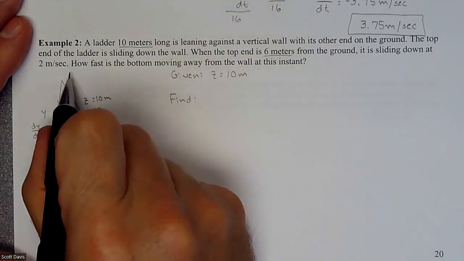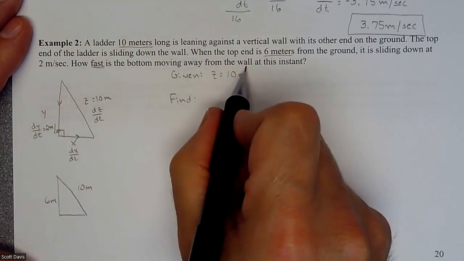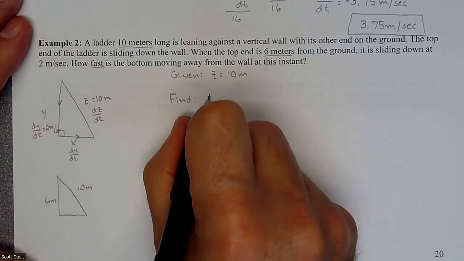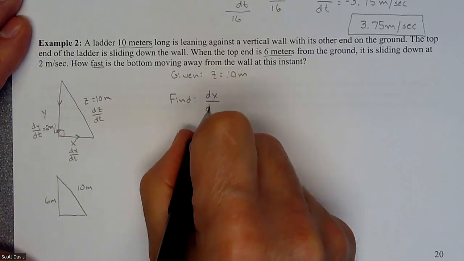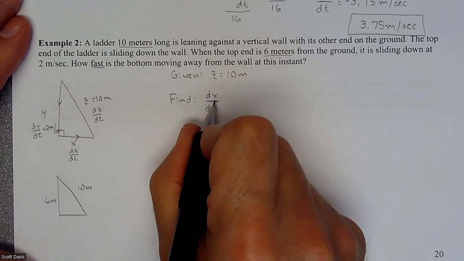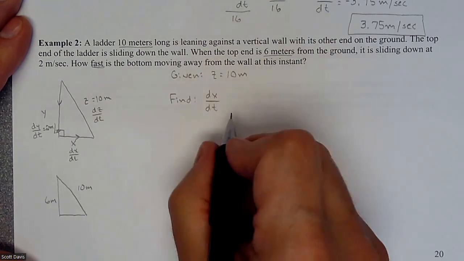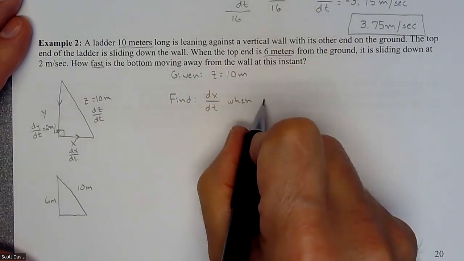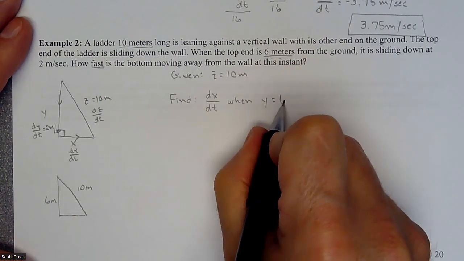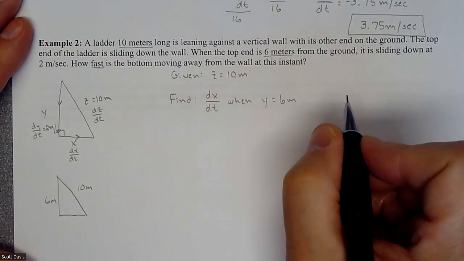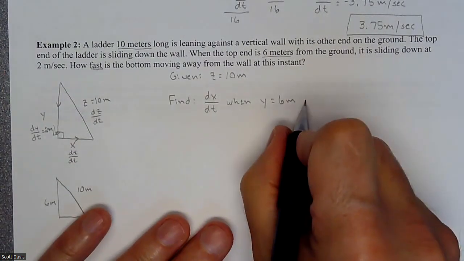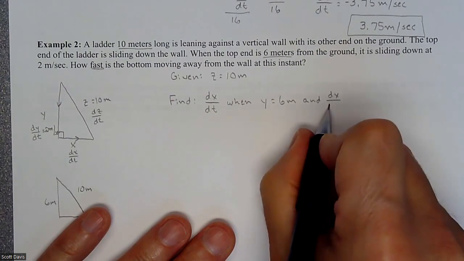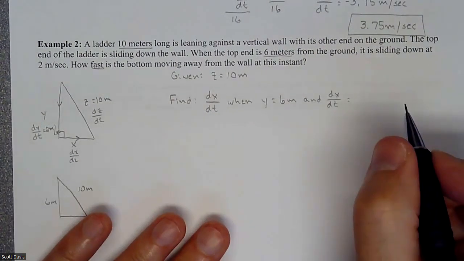Okay. And then it says how fast is the bottom moving away from the wall at this instant. So we're trying to find the change in our x with respect to time, which is the horizontal rate. So that's us moving away from the wall when our y value specifically equals 6 meters, right? And our change in our x with respect to time is going to be,